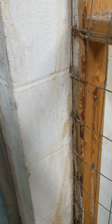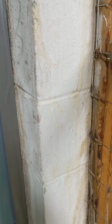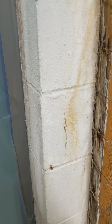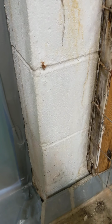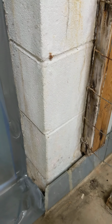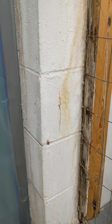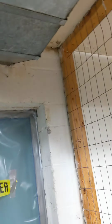And here's some more efflorescence, so we can see the water staining that was dripping down the wall, and what we see here is mold on the top. So there was a water drip here. We can see the evidence of the water dripping down the wall. And then over time the concrete starts to break down, creating that efflorescence, and so we have to grind this all off to get it back to a sturdy, rigid concrete foundation. HEPA vacuum it, sanitize it with an antimicrobial solution, and then seal it to prevent that from coming back in the future. They will still have to address the initial cause of the water incursion, but